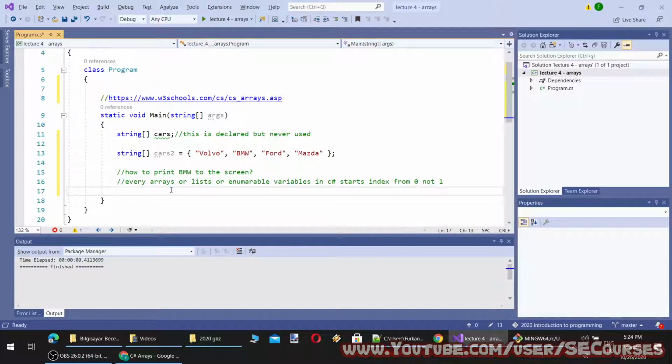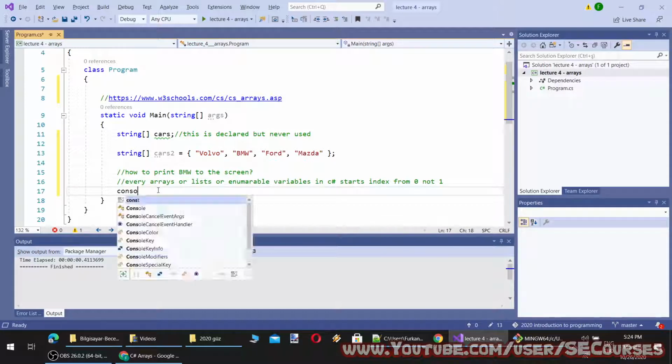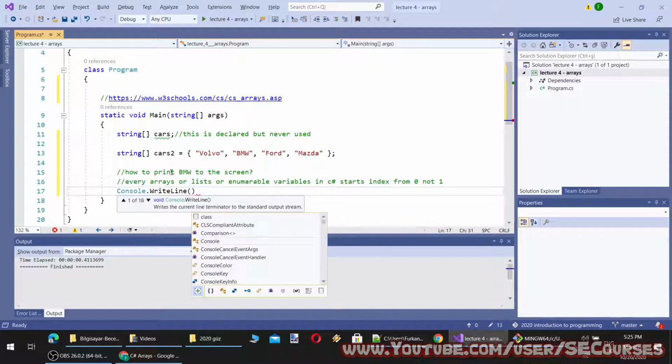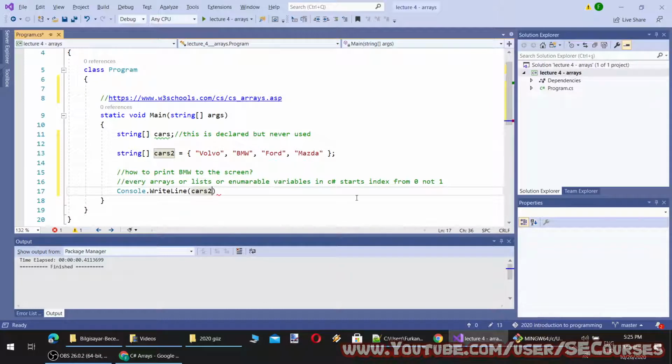Arrays or lists or enumerable variables in C# start the index from 0, not 1. So to access the first element in the array, I need to write the index 0. So Console.WriteLine. To access the second element of cars, I am using this notation.